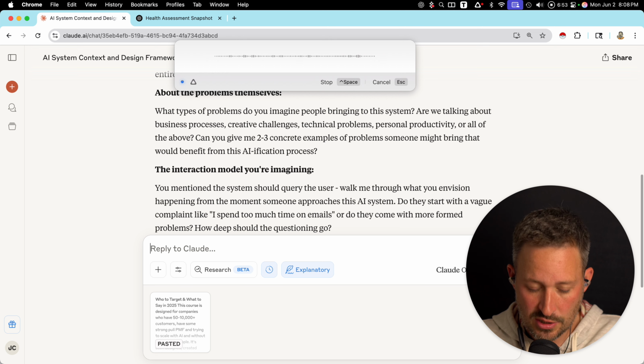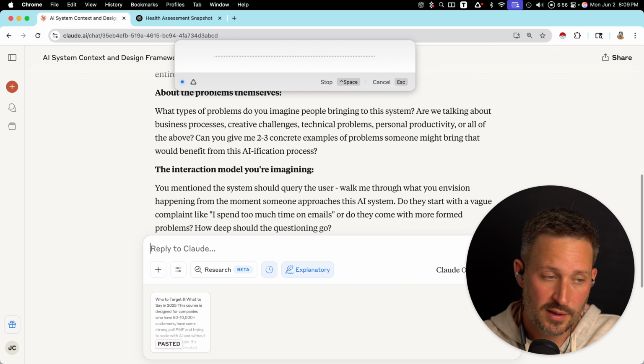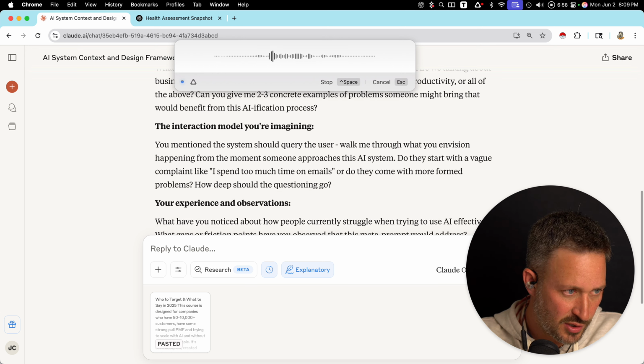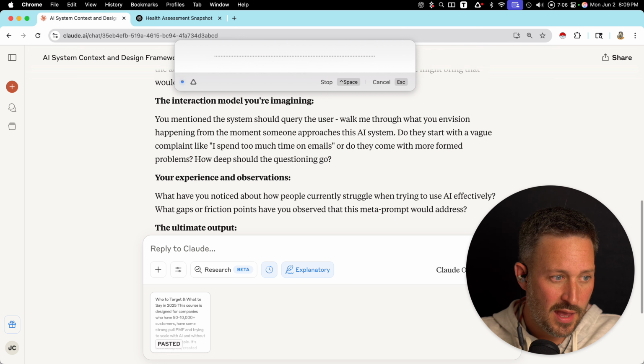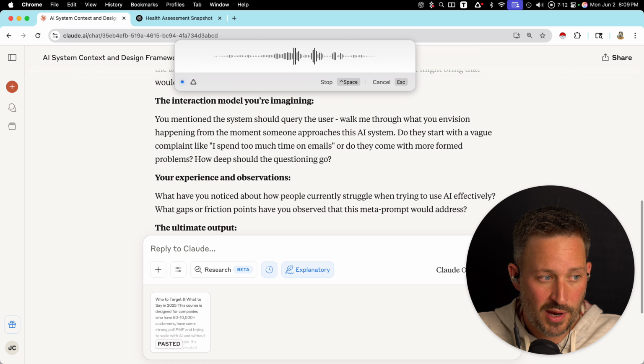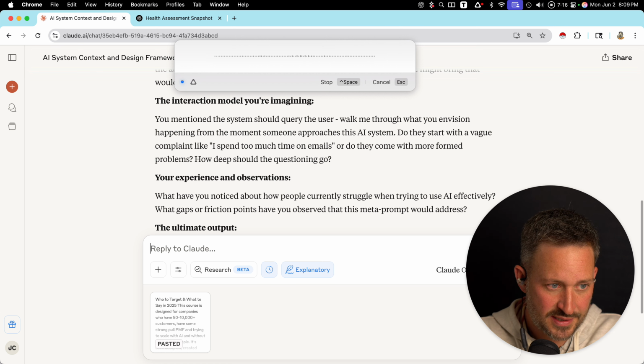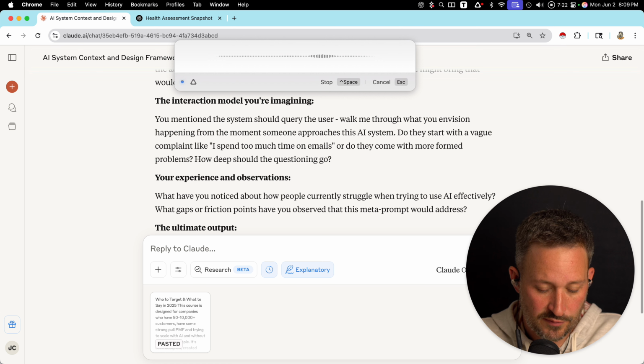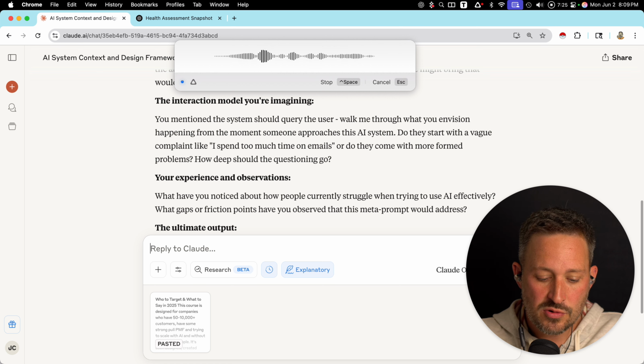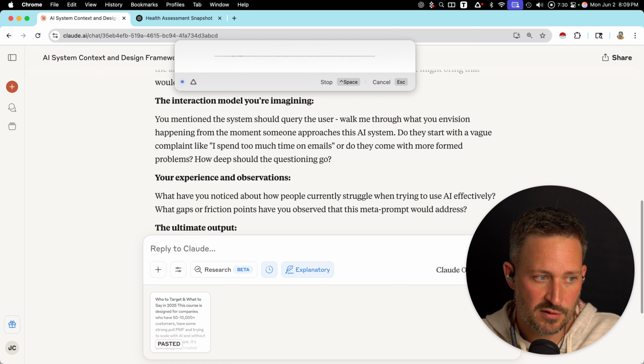There's going to be a huge interrogation period to really understand what problem the person is trying to solve. Basically, it's just asking questions until it has the context. This is like 5 whys. So you're going to have to envision a Socratic method. You're going to have to break down problems into specific steps. And the questions should go deep, because you really can't understand a system if you don't know how the user thinks about it. And you are going to have to reorient things, because right now jobs are a poor container for problems.